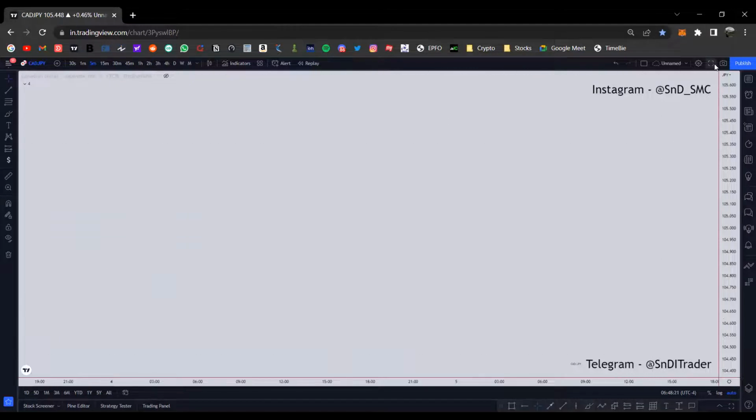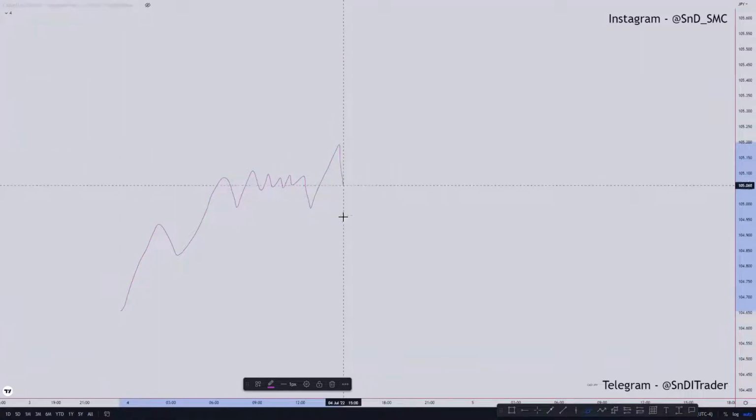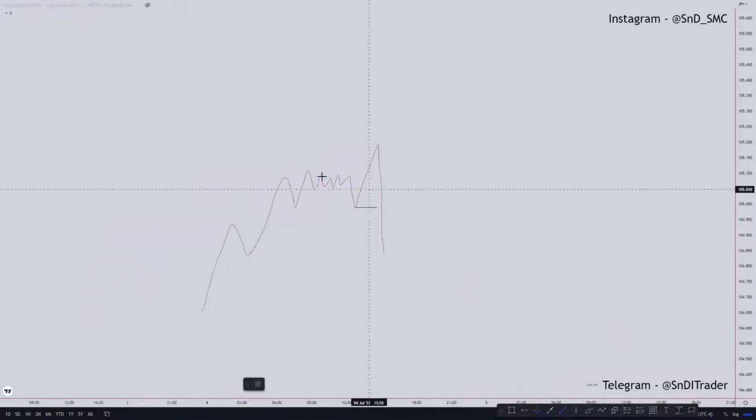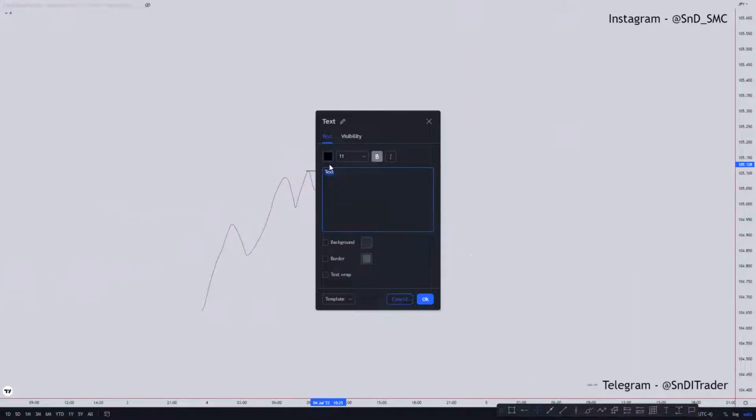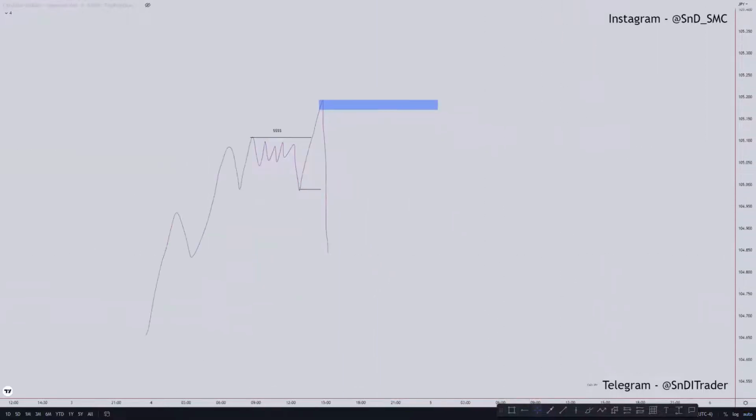So whenever in a bullish trend, price makes a higher high, higher low, higher high, higher low, and takes out some sort of liquidity, and then gives some sort of structure break towards the downside. So that high which has taken out the liquidity, I will select that high as my point of interest, or zone, and there will be something around the hidden base